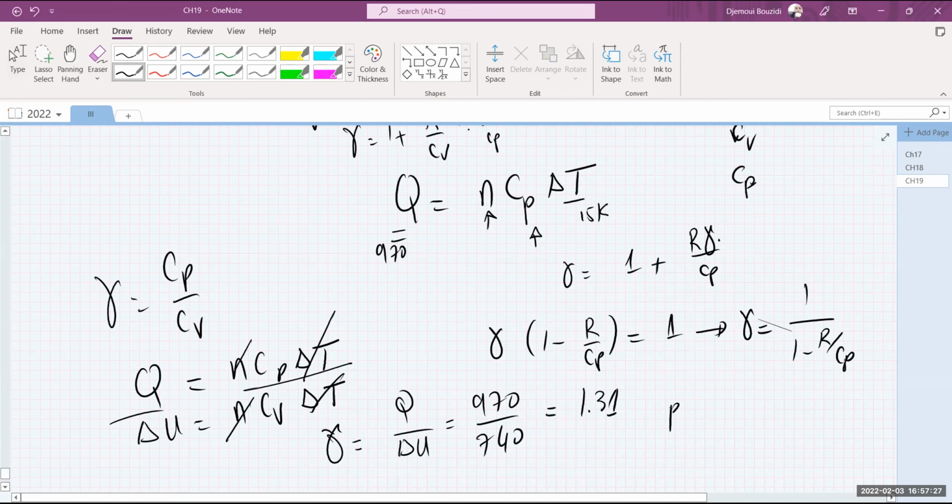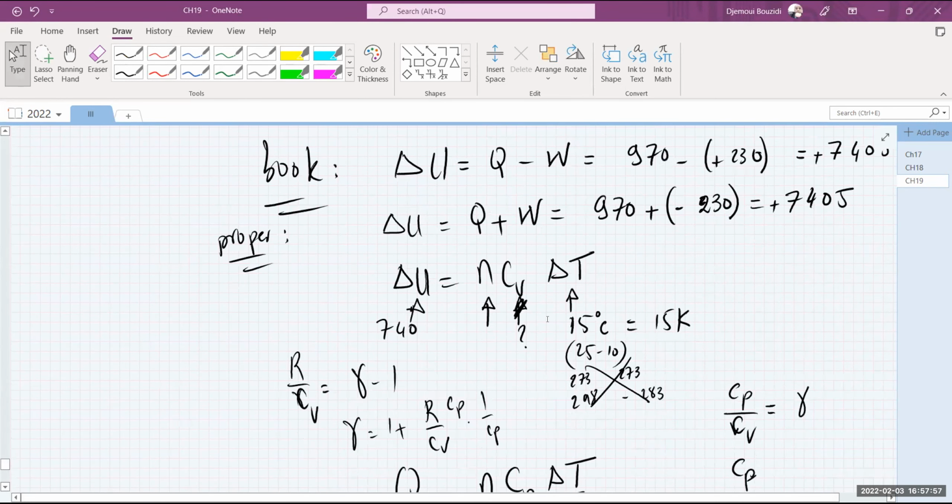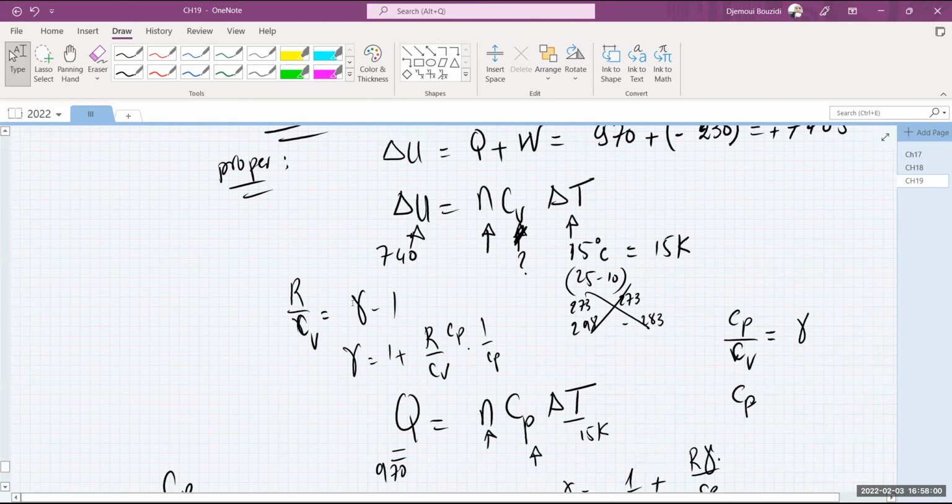So this is a polyatomic gas. What did they say? Did they say the nature of this gas? They did not. They said calculate the gamma for the gas. They didn't even ask what type it was. But we know it's polyatomic because it's not 1.4 and it's not 1.67. It's around 1.3. Sounds good? Sounds good. Okay.